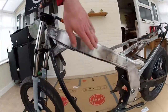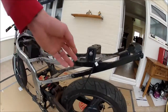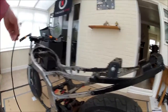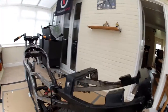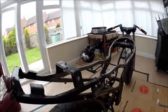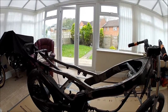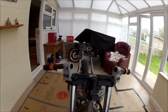This side of the frame's all rubbed down, ready for paint. I haven't bothered rubbing down this bit of the subframe here. I've got to get rid of the side stand switch still, because this is going to be cut off for the new seat unit, so there's no point in wasting time rubbing that down when it doesn't need to be done. This side's kind of been rubbed down, but still needs a bit of work. The forks have obviously been done in an earlier video,